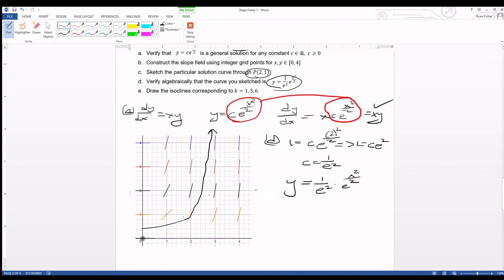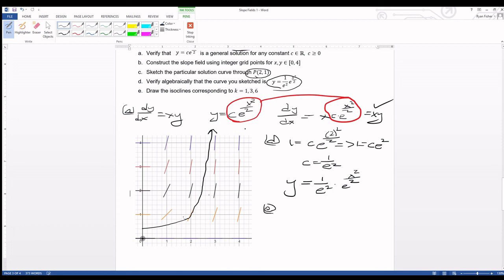Okay, lastly, we need to take this curve and we need to draw isoclines that correspond to each of these values of k. Remember, an isocline is all the points in the slope field that have the same slope. So what this is telling me is that for each of these three values, I want to find